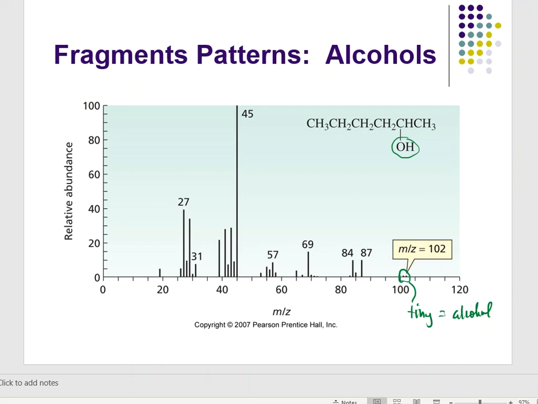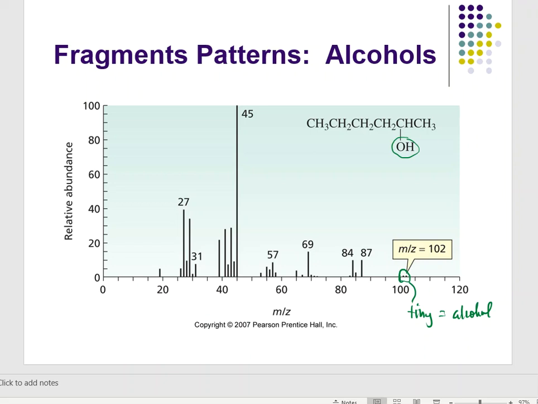And to be honest, if I was looking at this mass spectra in the very beginning, I would look at those numbers way out there after 100, at 102, and I would say, well, that doesn't make any sense. Those are really, really tiny. But at the same time, they can't really be isotopes because there's no major lines out there for them to be isotopes of. So again, a very good indication that we have an alcohol is to see super tiny M peaks at the